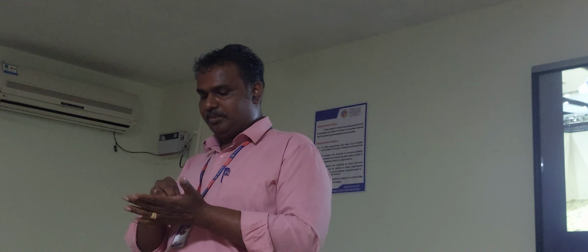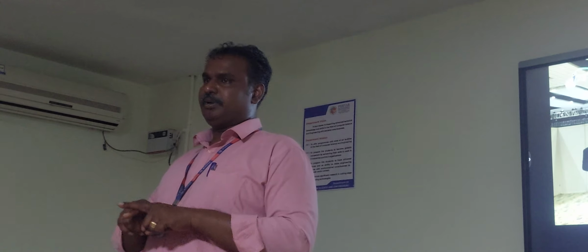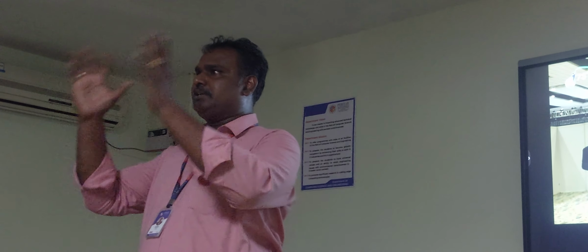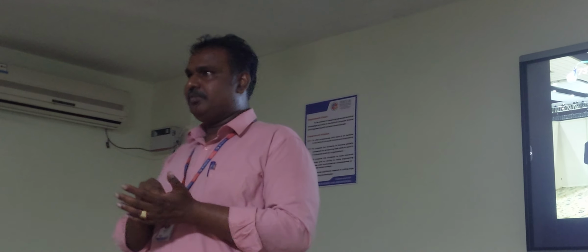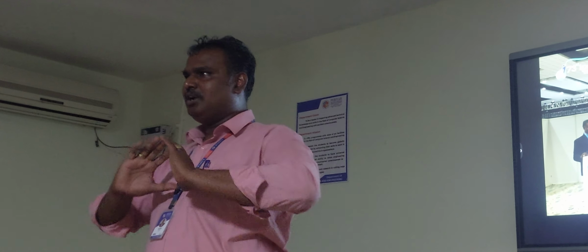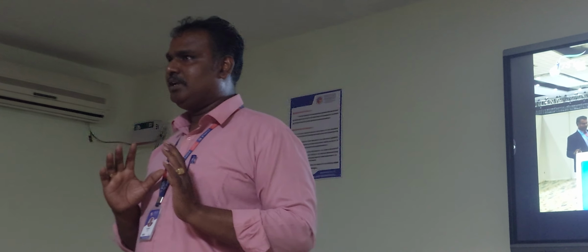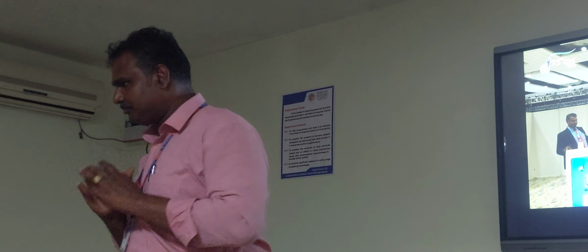Work schedule means, July, leave it. August first week, what you are going to do. Second week, third week, fourth week. September first week, I will complete the work. September second week, I will start writing the paper. September third week, I will try to complete the paper. September fourth week, I will come up with the first draft of the paper. October first week, I will get it corrected by my guide. Second week, again correction. Third week, I will fix the small errors and polish the paper and make sure that my paper is free from any grammatical, typographical and syntax error.